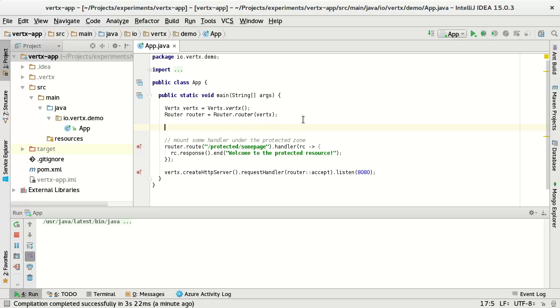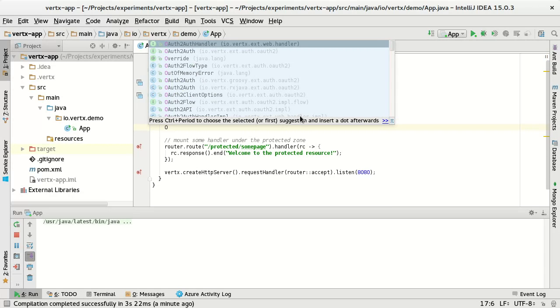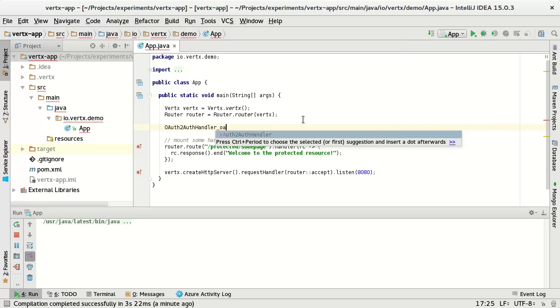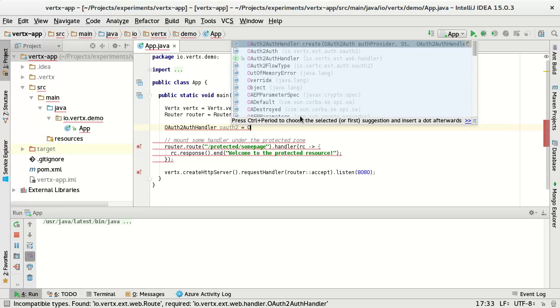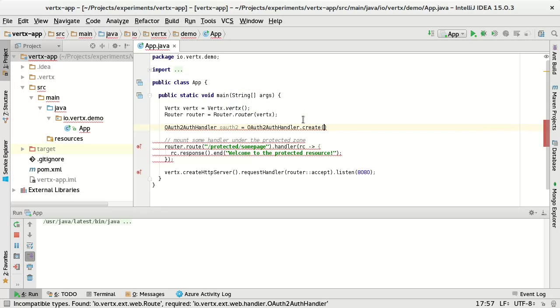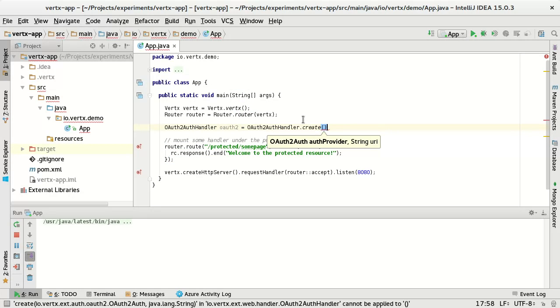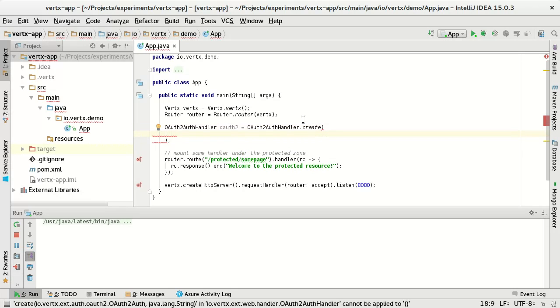Let's start with the OAuth handler, and we call it oauth2 equals OAuth2AuthHandler.create. This takes two arguments: a provider, which is our Vert.x auth implementation, and the application's public URL. So in order to create the OAuth provider, we do